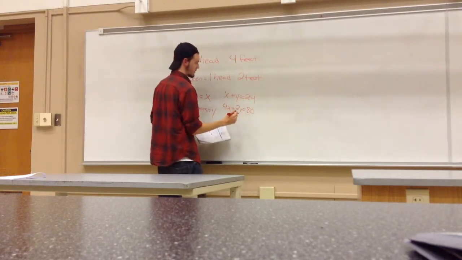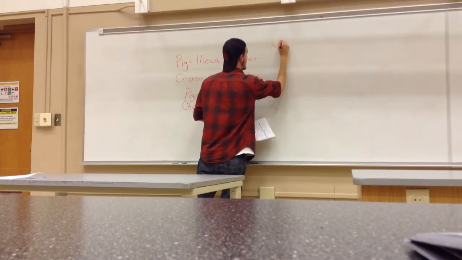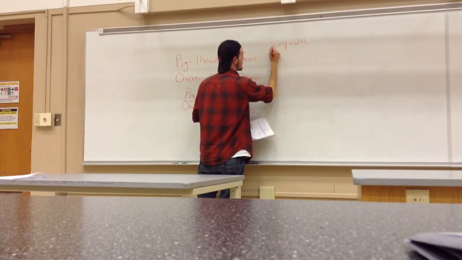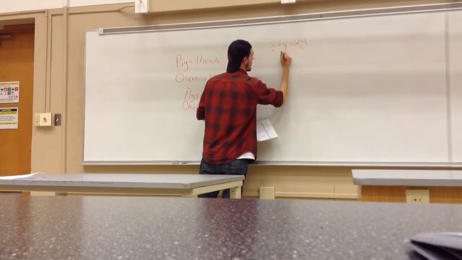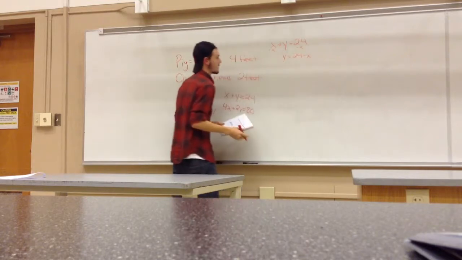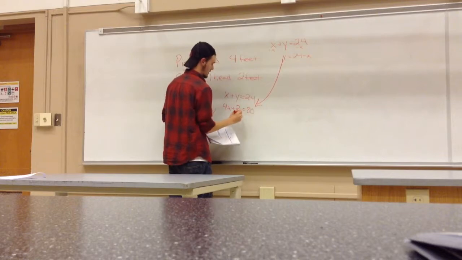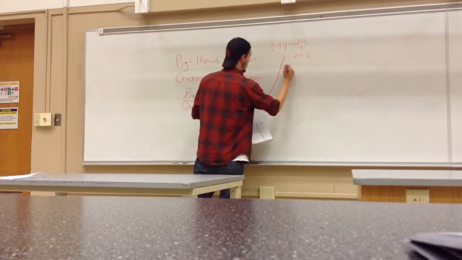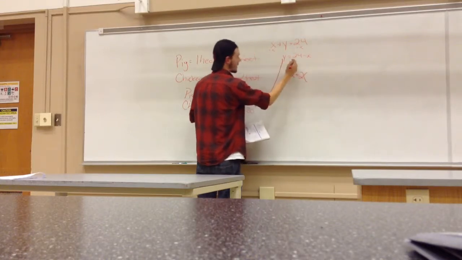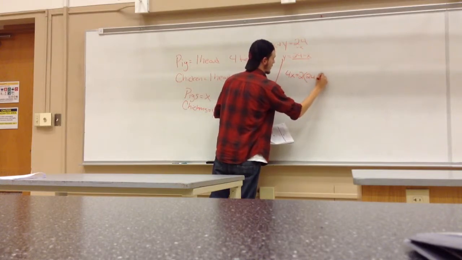And now we can solve for either one of those. I'll choose this top one first. So we got X plus Y equals 24. And if we subtract X from each side, we get Y equals 24 minus X. So we solve for Y in that. Now we plug this Y answer into the second equation. And we got 4X plus 2, and in place of the Y, we put in 24 minus X